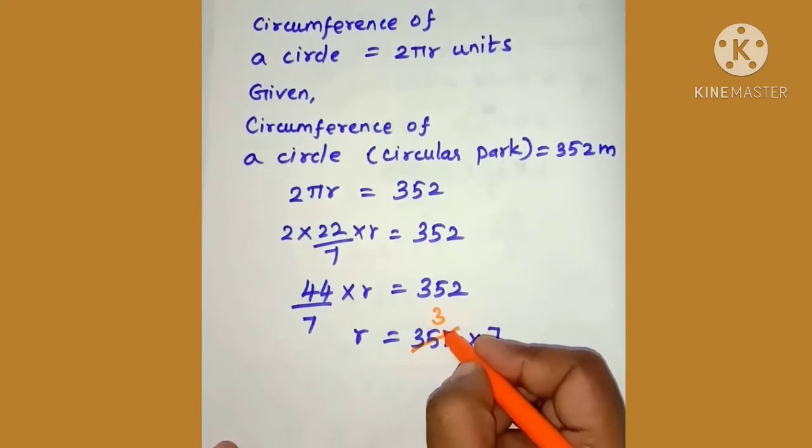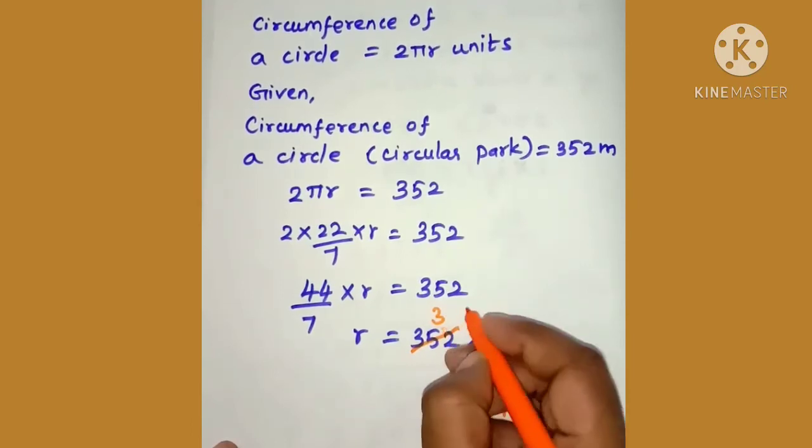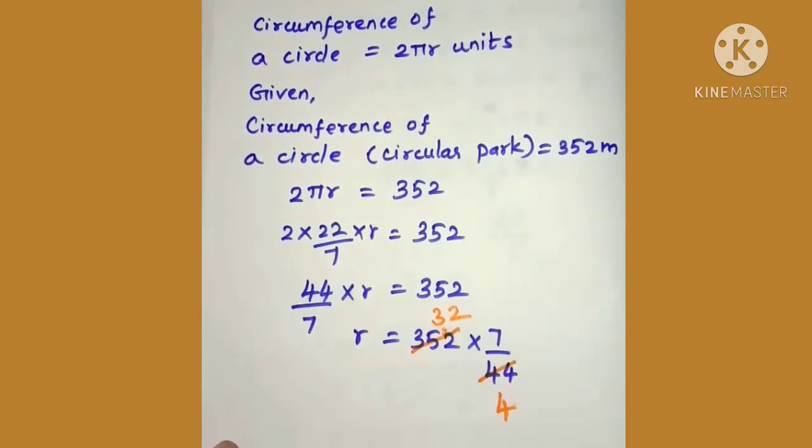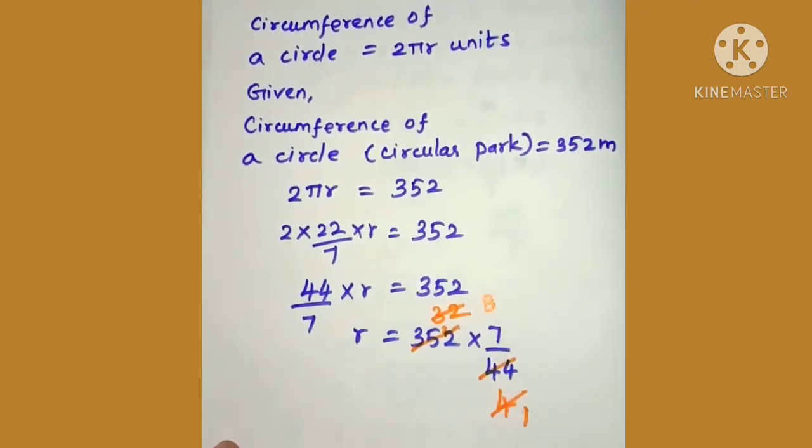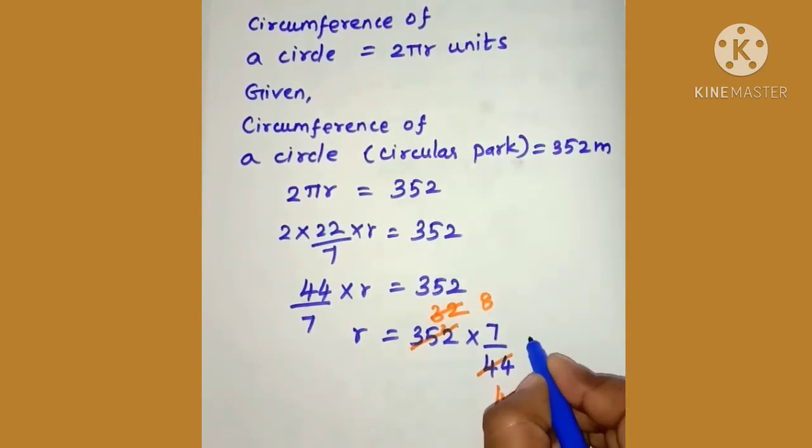3 11s are 33, remainder 2 and 22, 2. So 32 11s are 352. Again, 32 and 4. When we cancel 32 and 4 by using the 4 table, here it is 1 time and in the numerator it is 8 times. So students, here we get